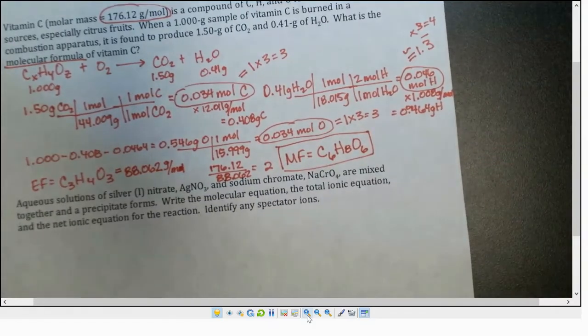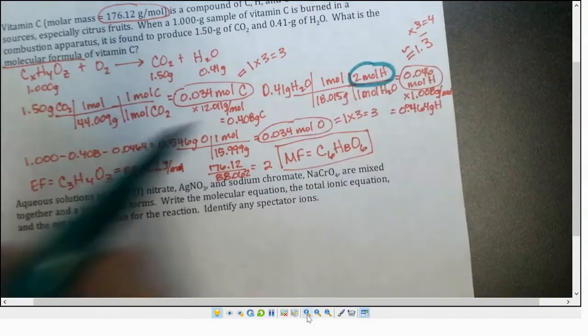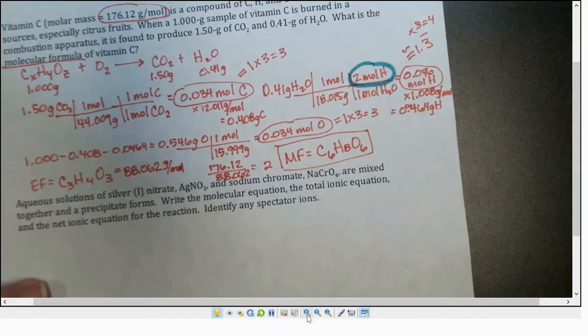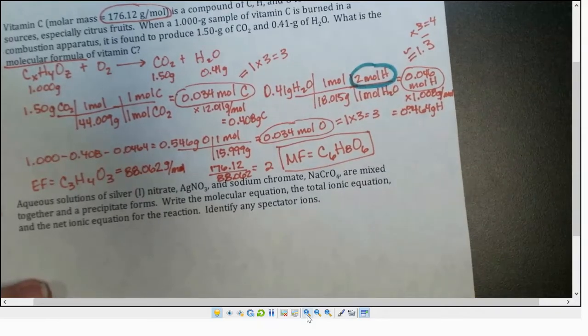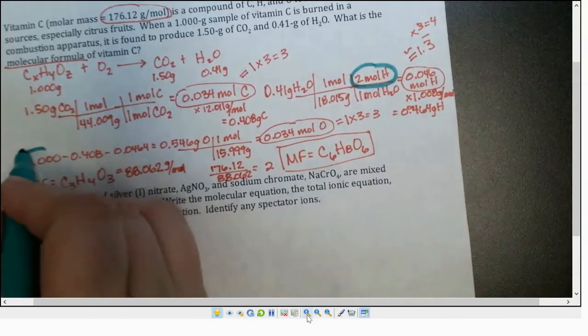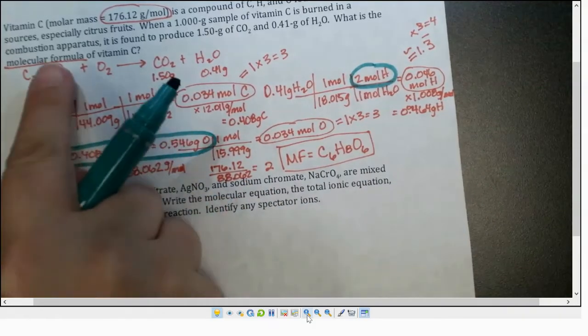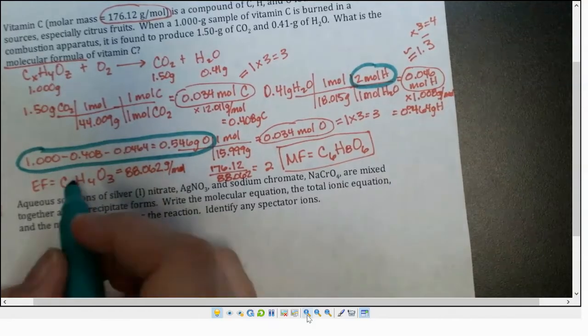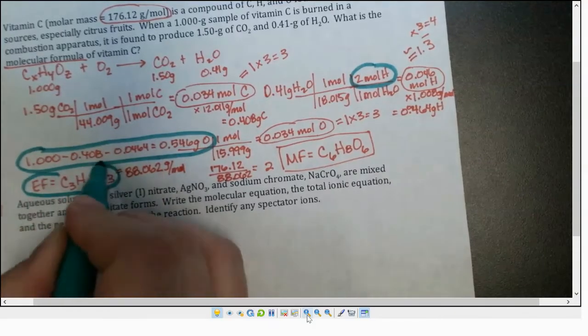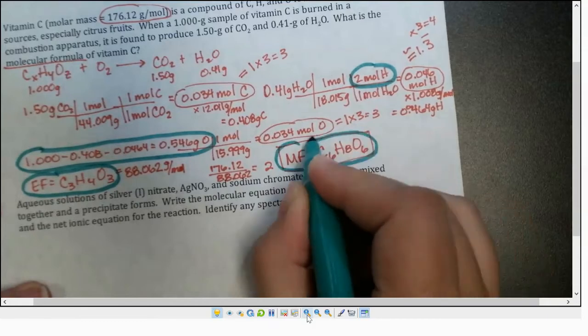In terms of the 4 points that I scored on this one, I was looking for you recognizing that it's a 2-to-1 ratio for hydrogen to water. So I had to see that somewhere in your math. I was looking that you recognized you had to do this subtraction step to determine something about the oxygen. I was checking for your application of empirical formula, and then that you knew what to do to obtain the